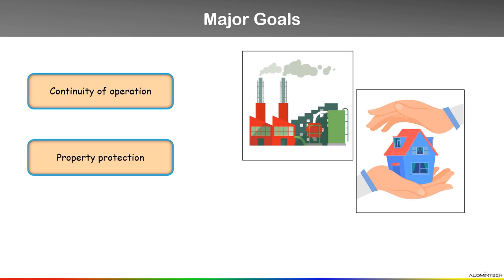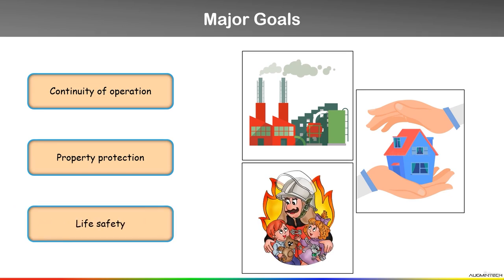Next, to protect our property, we have to have the right firefighting equipment on hand. For example, a fire extinguisher, a fire blanket, all these things. Then we have to install automatic fire protection equipment also. For example, an automatic sprinkler system, and we have a hose system also, a standpipe system. All these things we have to install to protect property. Now, the third goal of using a firefighting system is life safety.